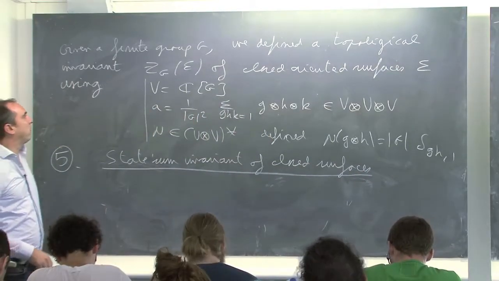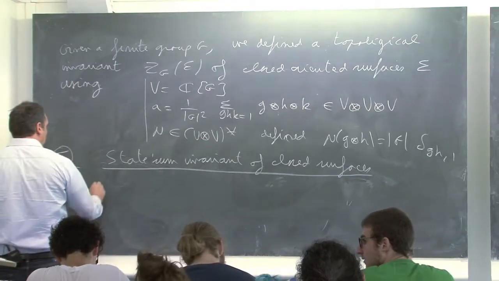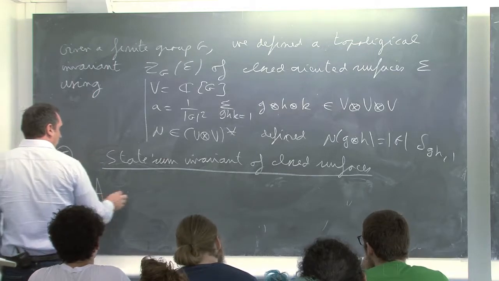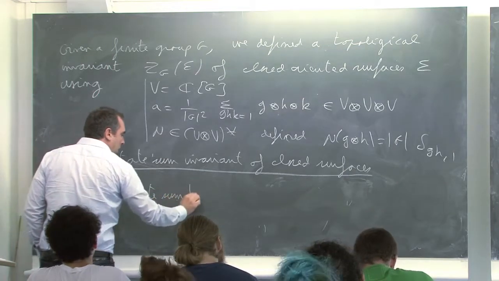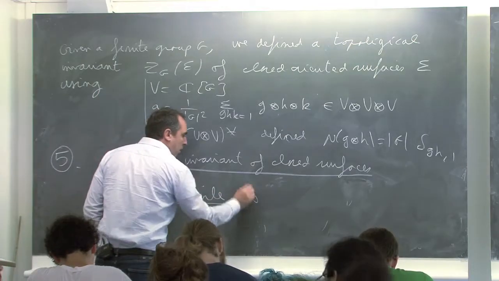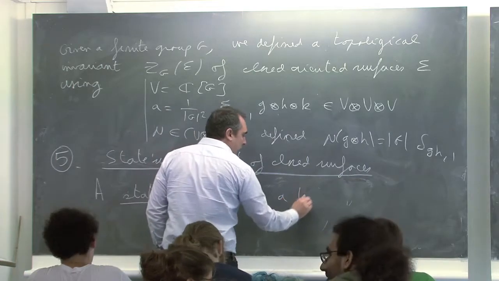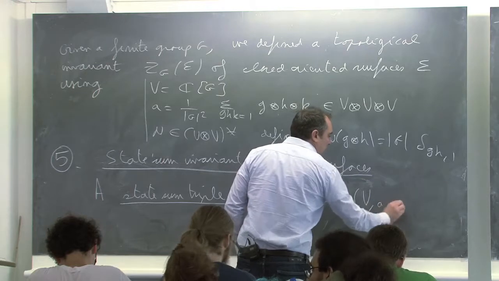So what do we do? Let us define the following. I will say that the state sum triple, what is it? It is a triple (V, A, μ),